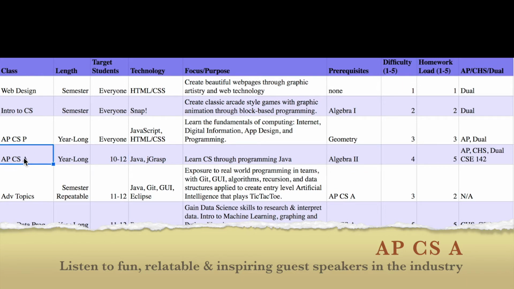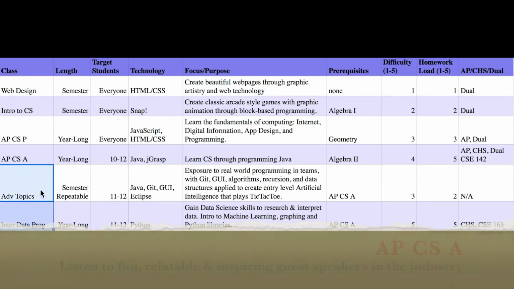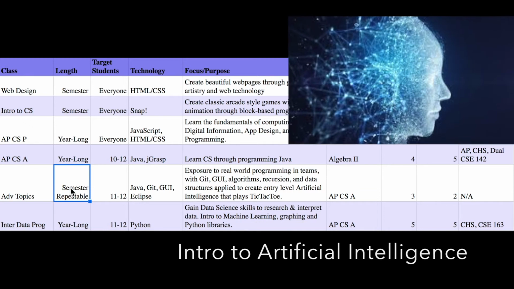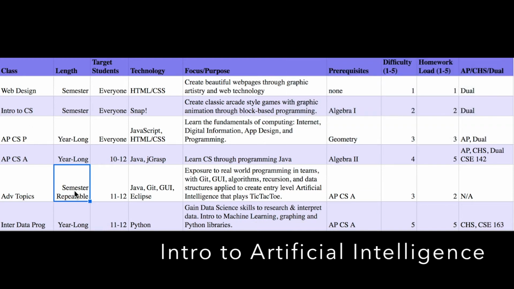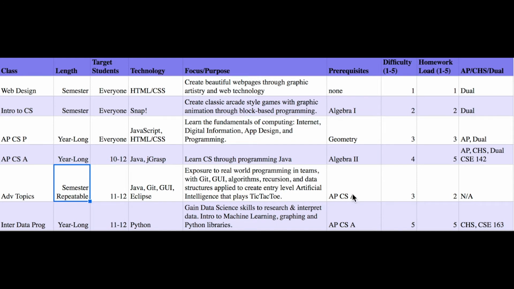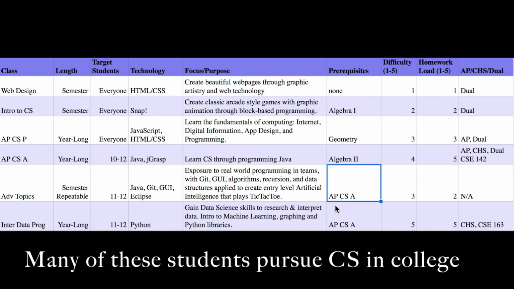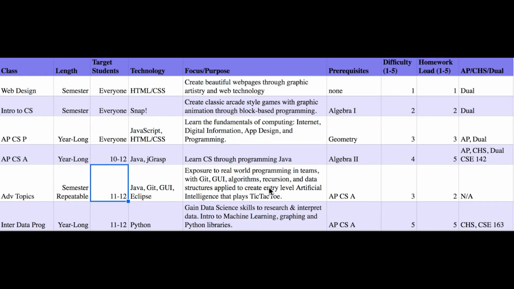Once you've completed this course, then you have the ability to move on to these 2 other courses. This one is a semester-long, repeatable course. It is recommended that you take it for 1 full year, back to back. Really the only requirement is that you have completed APCSA, which generally means that only juniors and seniors have taken it. It's a real-world programming experience, and you'll see the video on that class to learn more about the details